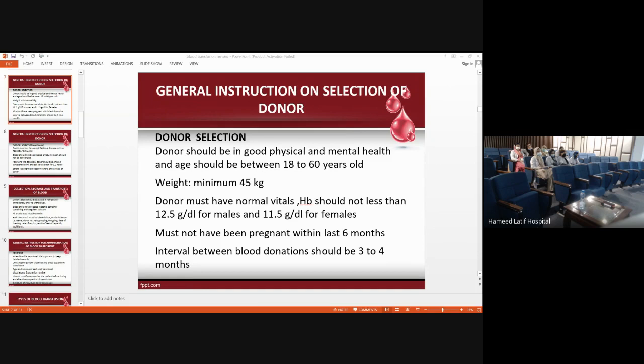ठीक है ना? अब मुझे नहीं पता कि आप लोग रूटीन में करते हैं या नहीं करते. Before every transfusion, do you have a patient consent signed by the patient or their relatives? Is it being done? So, एक ही दफा हम consent ले लेते हैं जैसे अगर कोई एग्रीड. No, not. The patient consent for blood transfusion is different